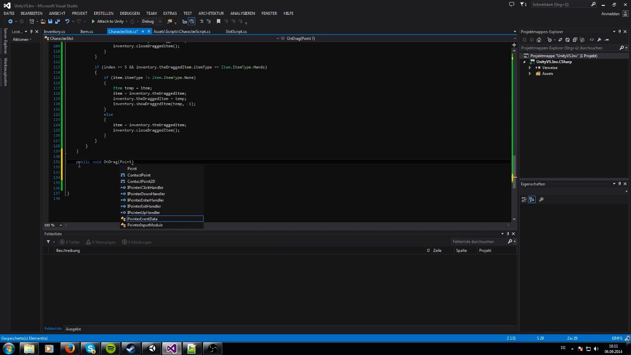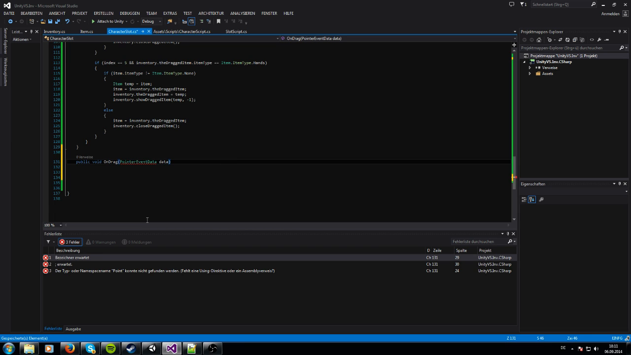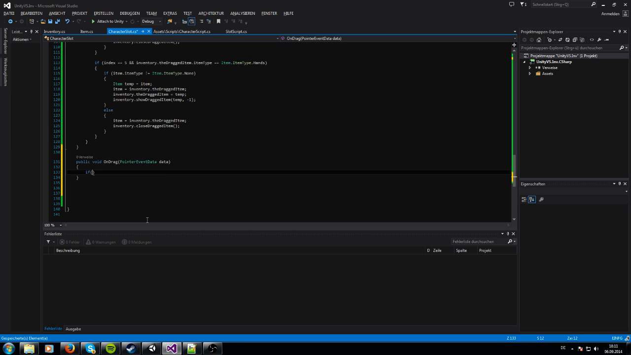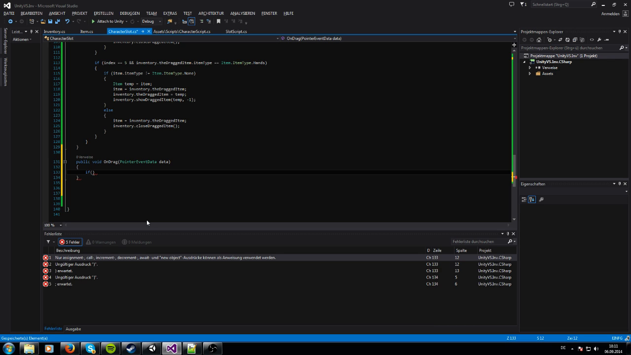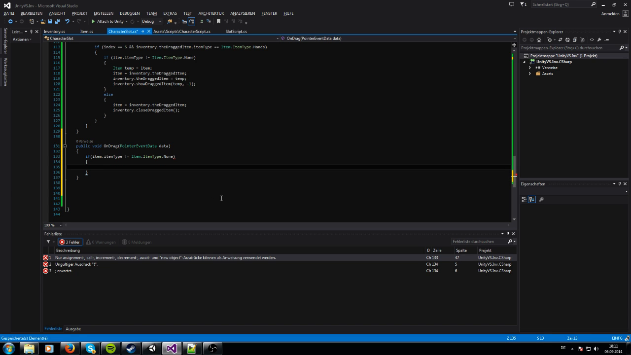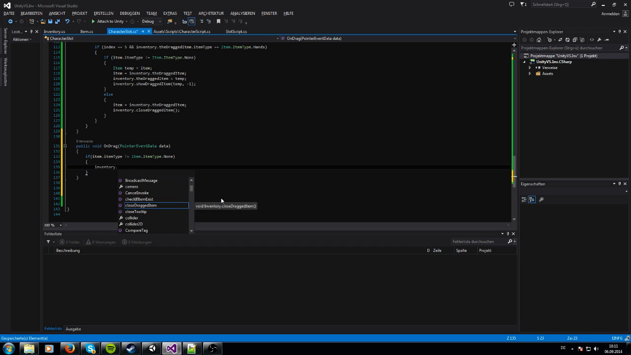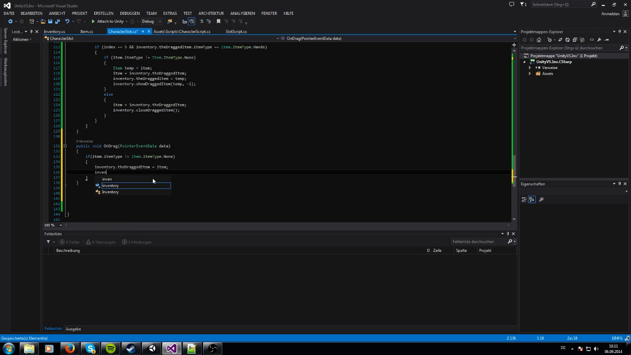And PointerEventData is the variable, and we have to check if there's an item in it, otherwise we do not want to drag. If item.itemType is not equal to ItemType.None, then we want to drag, so that we set inventory.draggedItem equal to the item which we got in our slot, and in the inventory we have to show the dragged item,